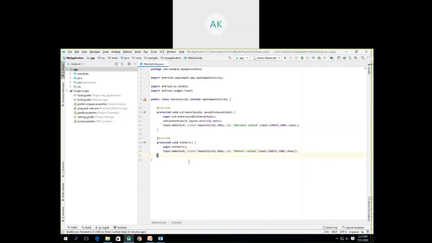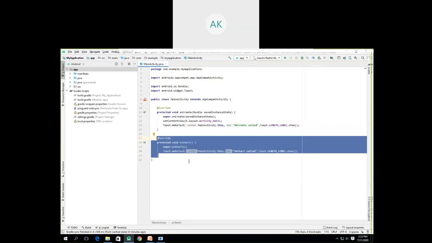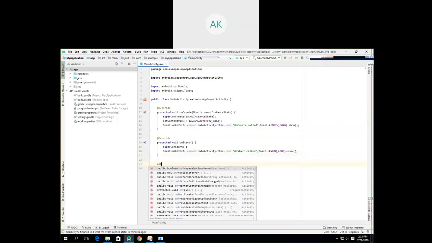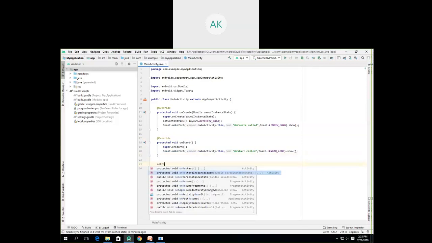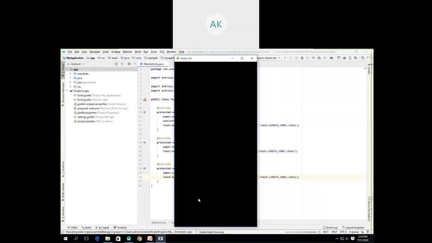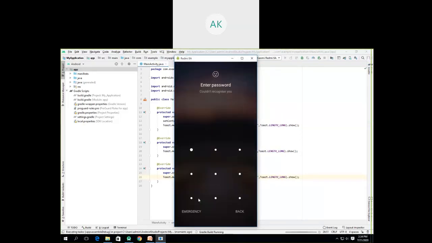Okay, now let's try to write the next method. After onCreate, the next method that we have is onResume. So we'll write this particular method onResume, and then we'll copy this code, and instead of calling it onCreate call, we'll call it onResume called. Okay, so till now we have written only three methods. Let's see whether our code works with these three methods or not. If it is working with these three methods, we'll write the further code.